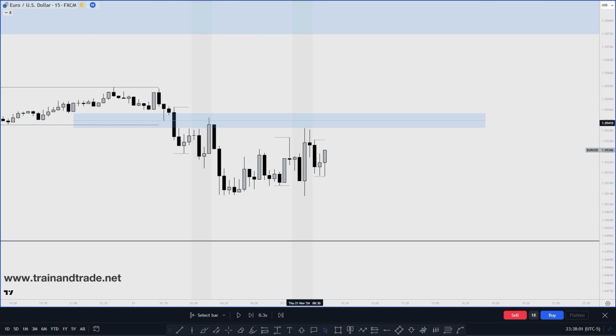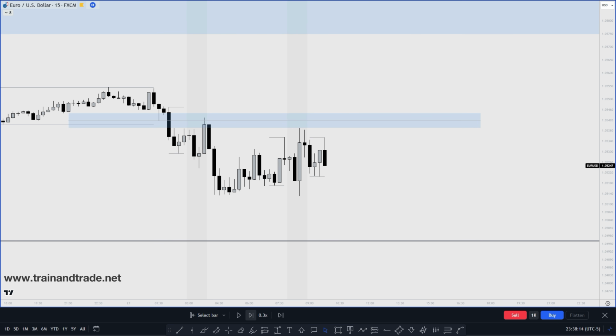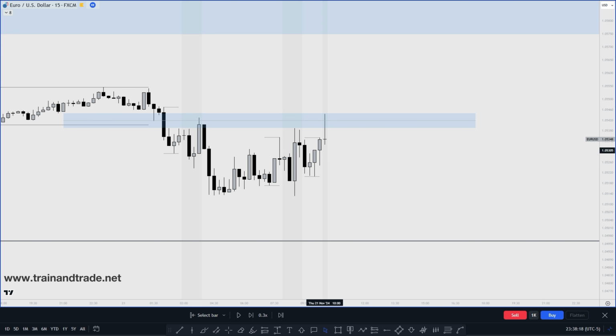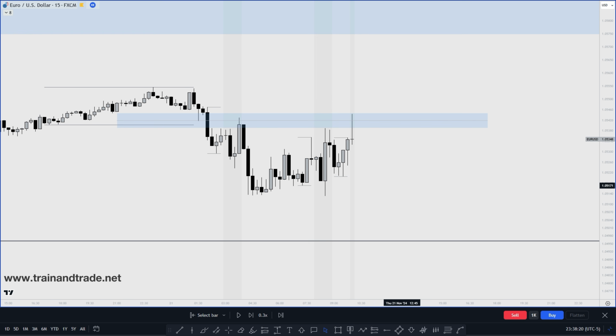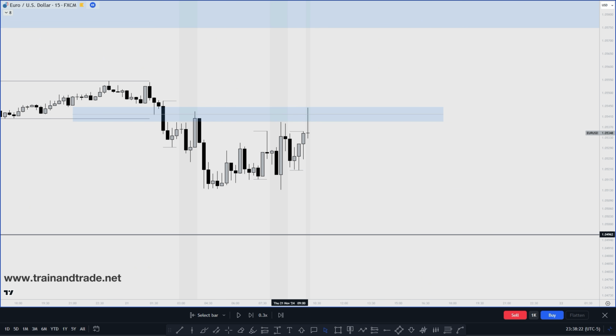The market trades back higher, and even here in London, you see that there's some sort of reaction up into this fair value gap. So we see that around these ranges, the market does have certain reactions. Now, there was news on this specific day at 10 o'clock. So we're going to look at what happens when the market clears out the golden hour going into the London close. Price runs up. And again, this is what I mean by we need to have some sort of draw on liquidity. We've also created liquidity that's resting beneath these specific lows.